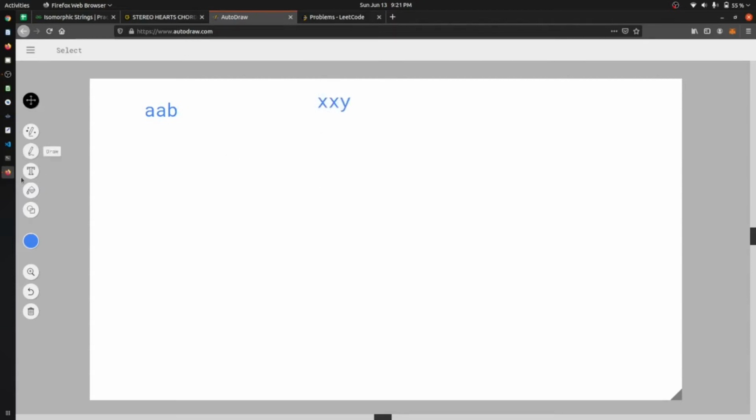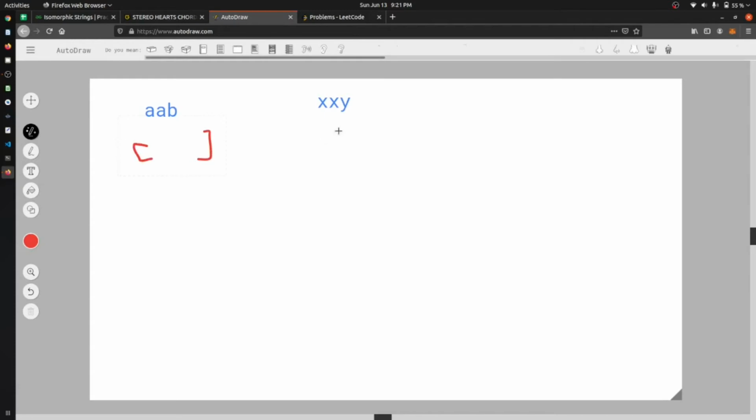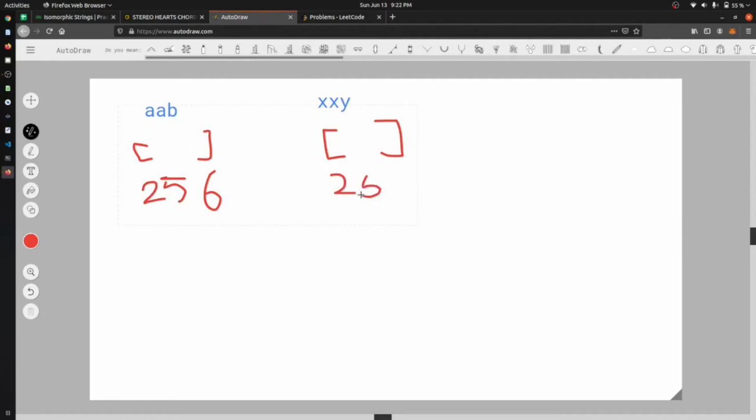Okay, so what we will do, we will create an array for this string, and for this string also we will create an array, and we will give them a size of 256 because the array will be of characters and the max thing that can go in a character array is 256.